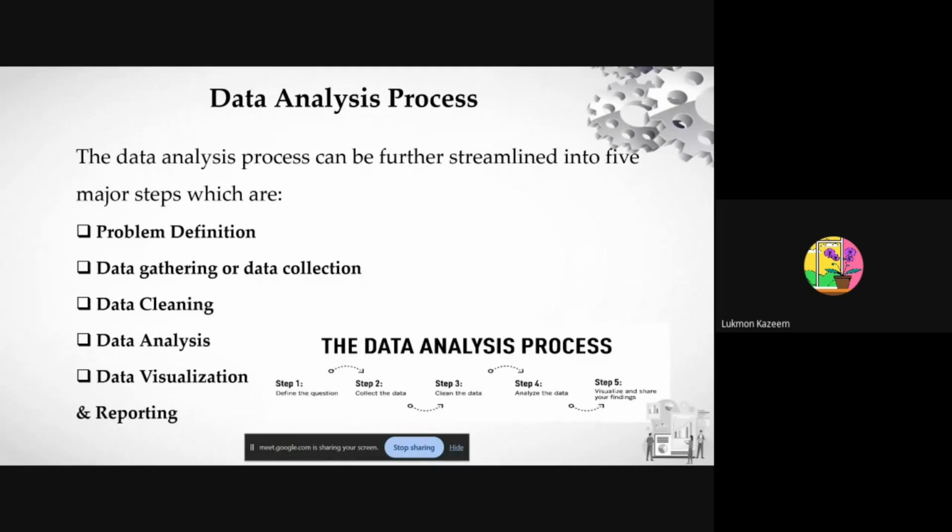If you see data as a data analyst, I used to tell people that if you get data, the first thing that you do as a data analyst is not to take your data to Excel or take your data to Power BI. No, the first thing that you need to do is to define your problem. What is the problem? Because at the end of the day, you are trying to solve a problem. So what is the problem that you are trying to solve? You need to define it first. Let it be clear: this is the problem that I'm trying to solve.